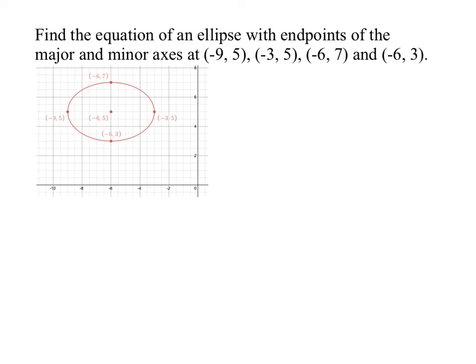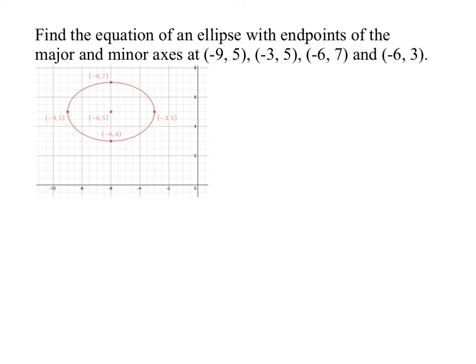All right, another way we can write equations is if you were given what kind of a function it is, what kind of a graph it is, and then given some key points, and then you have to figure out your A, your B, your center from there, okay? So find the equation of an ellipse with these endpoints: negative 9, 5; negative 3, 5; negative 6, 7; and negative 6, 3. So you can kind of draw around that and see, oh, okay, it's obviously going to be